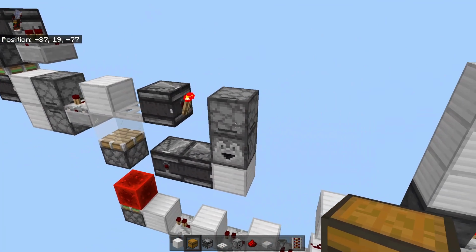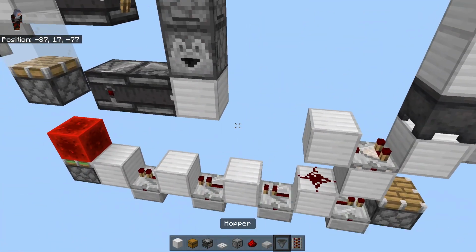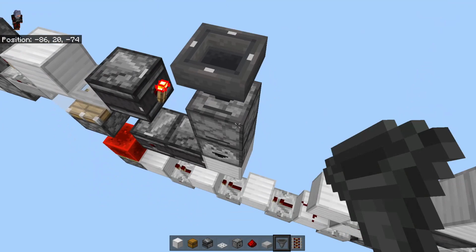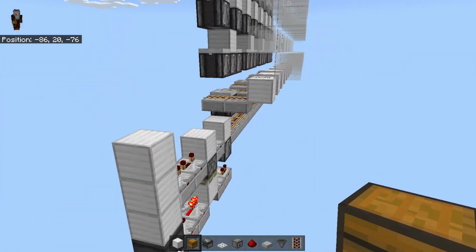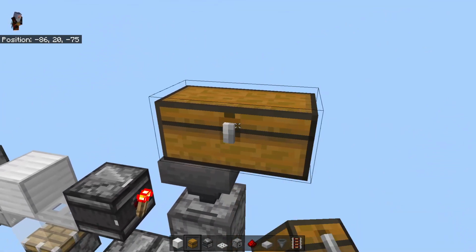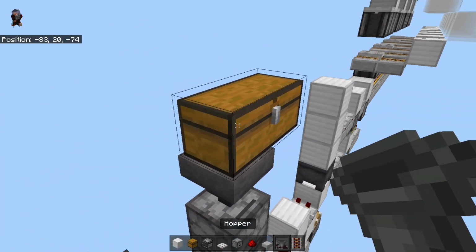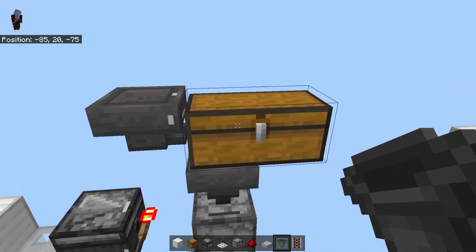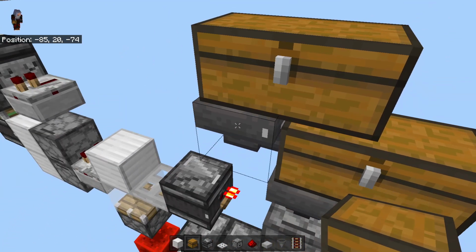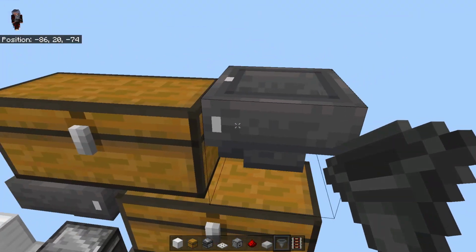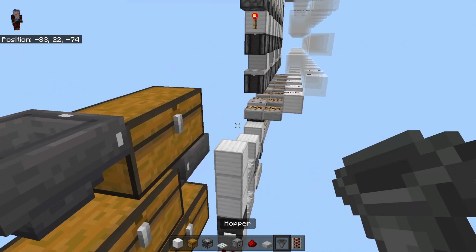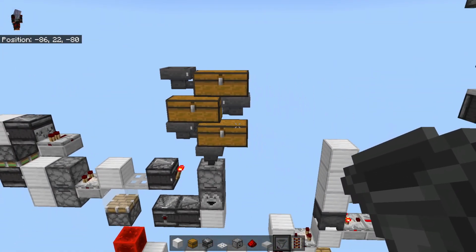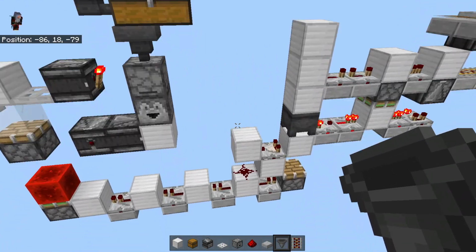Okay, so now what we need to do is get our hoppers. We're going to place a hopper on top of that, and then going towards the control circuit, we're going to place a double chest with a hopper going into the side of that, and then we are going to do another one. Control circuit. Yeah, we're going to go up, but let's get these set up so that we can actually control more what